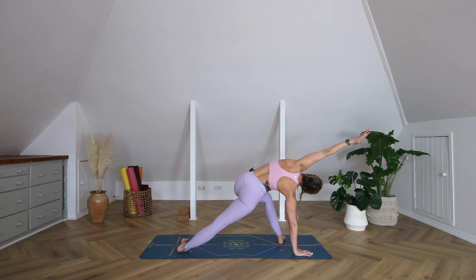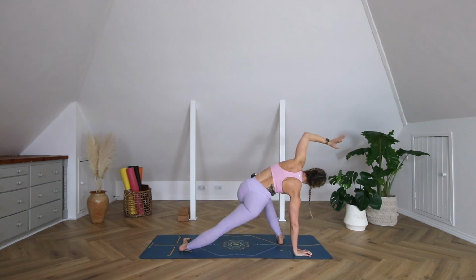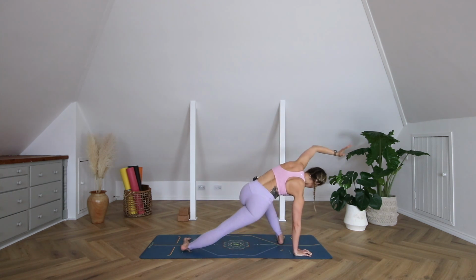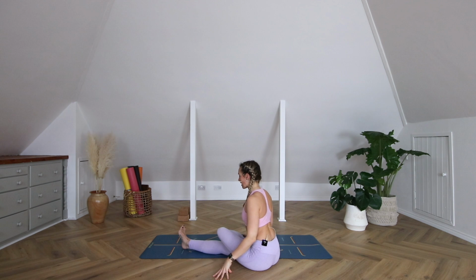Inhale, lengthen the arm, lift the hips. Exhale, bring it back, cactus arms, drop hip. Inhale up. Exhale. One more, inhale up. Exhale, drop the hips, come onto the bottom, stack the left knee on top of the right leg, and start